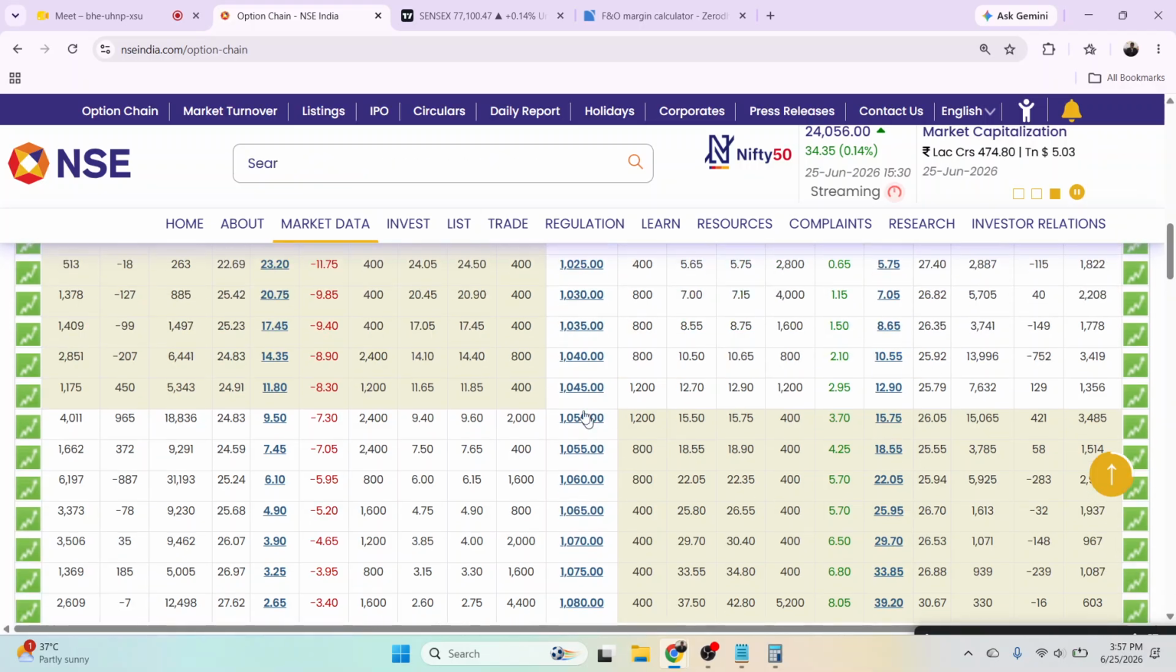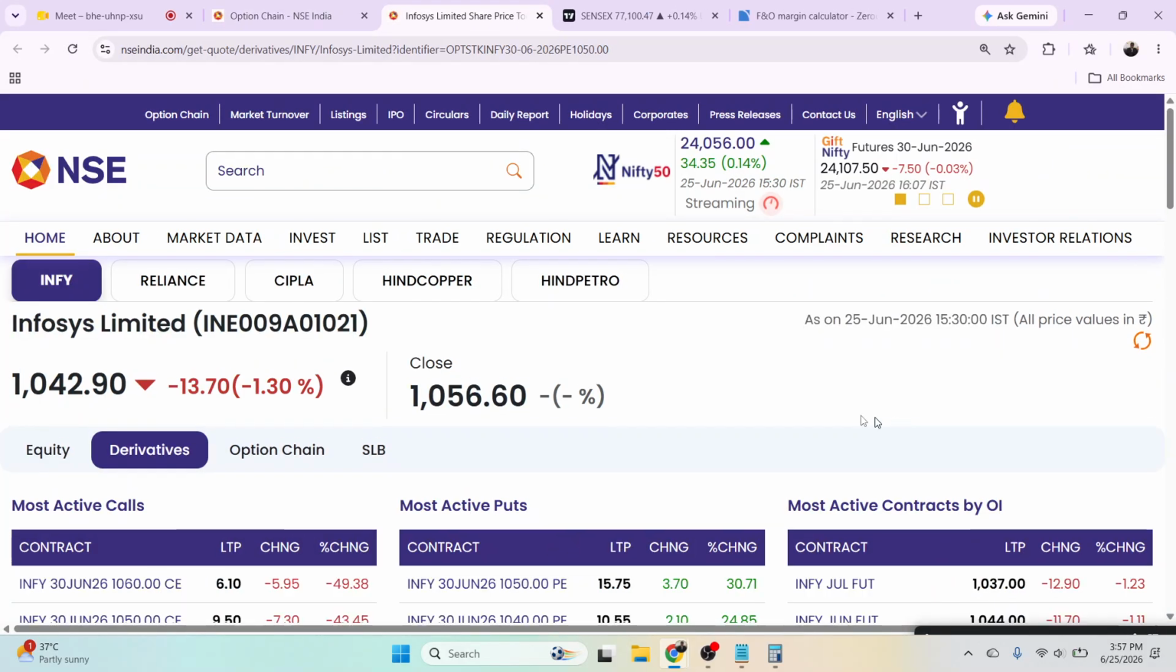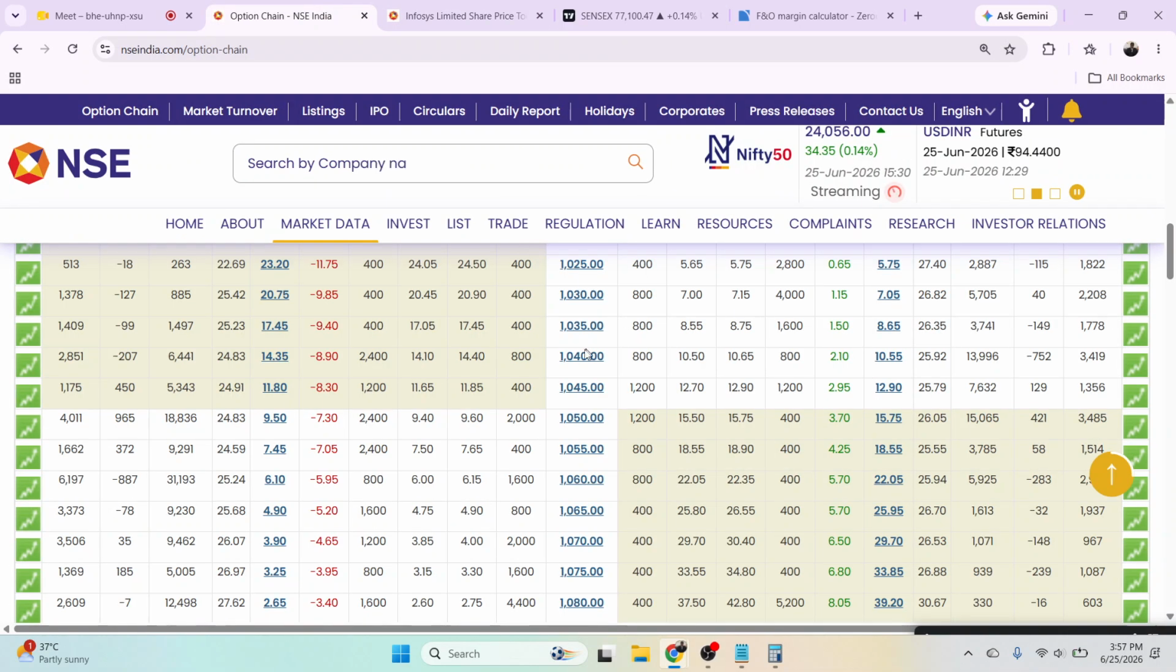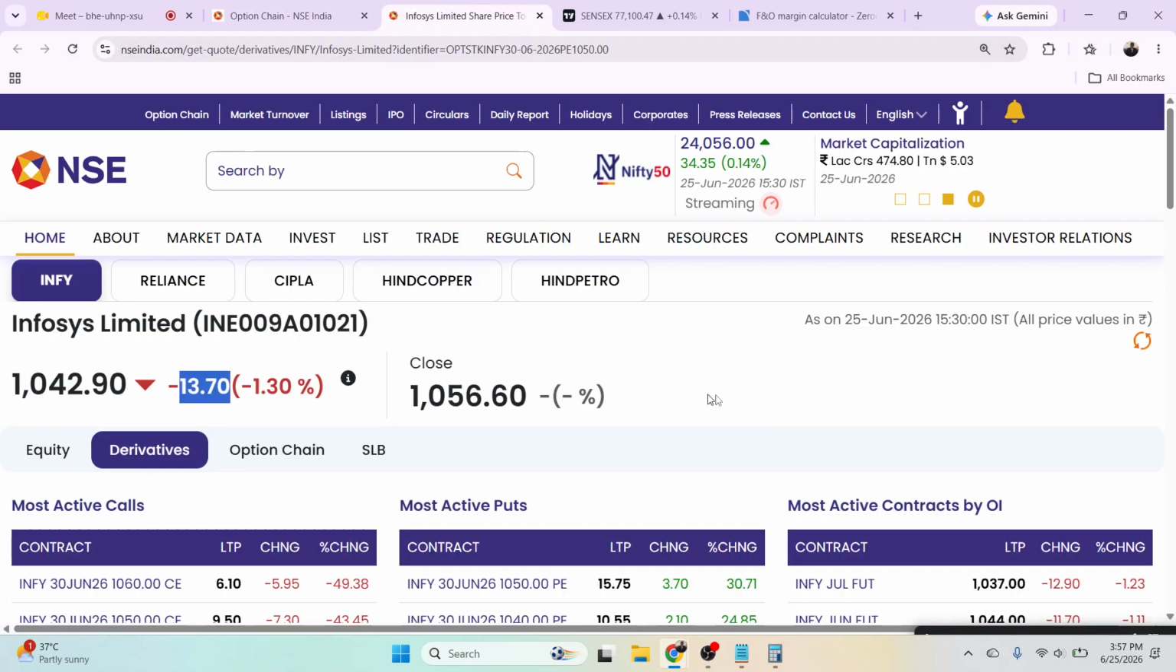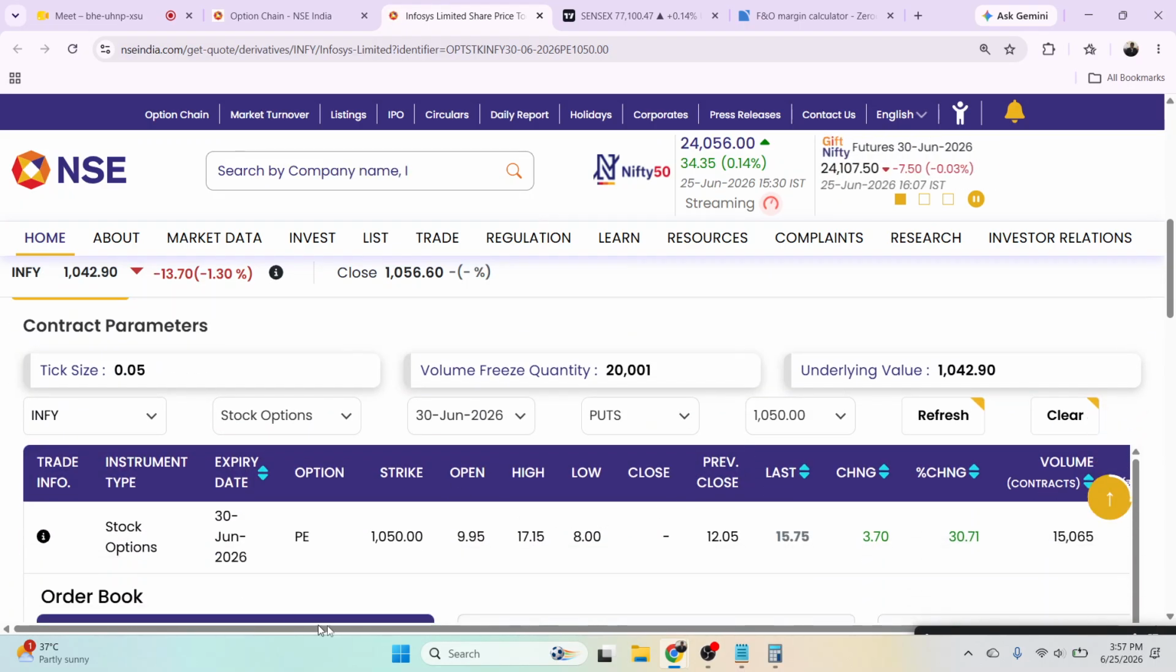ठीक है ना। तो अगर आपको लगता है, जैसे फॉर एग्जांपल अगर हम बात करें इसकी, तो अब पुट का एक एग्जांपल बता देता हूँ मैं। तो यू कैन सी कि आज इन्फोसिस का प्राइस कैश मार्केट में 13 रुपीज़ गिरा है। तो अगर किसी ने इसकी पुट को खरीदा होता, तो ये जो 15 रुपए की पुट थी, ये 3 रुपए बढ़ी है। तो इसका ओपन प्राइस कल का जो क्लोजिंग प्राइस था वो 12 रुपए का था।